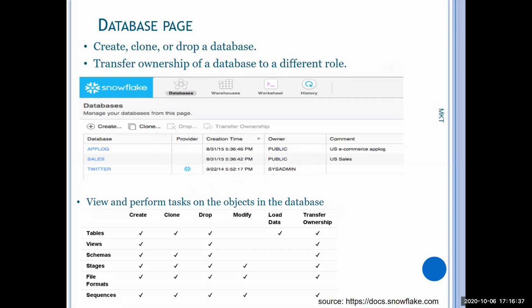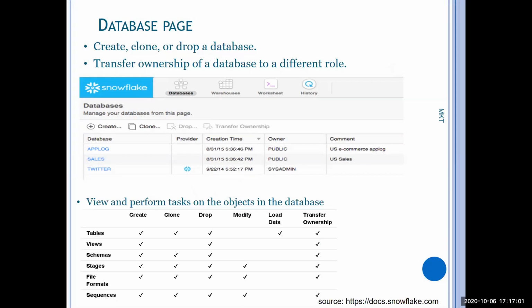Murali will not be the owner of whatever objects Murali creates. I am connecting to Snowflake using Murali, but Murali will not be the owner of any object I create. The role in which I have created it will be the owner of that object. Okay, we will explain these things in more detail later on. So that is how it works on the database page.